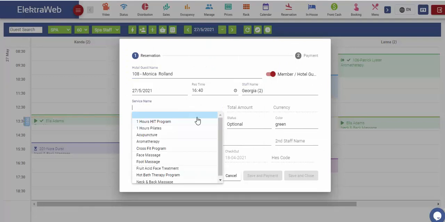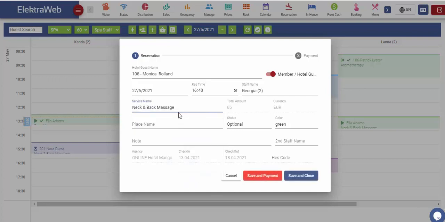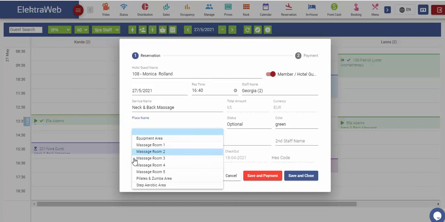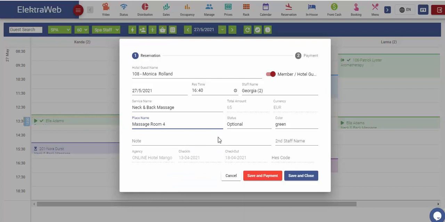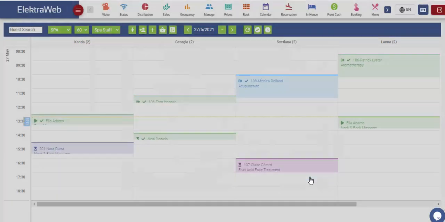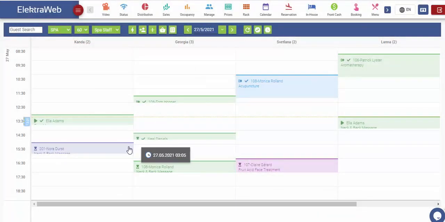In the next field, we should select the desired service from the list. If desired, we can also select the place or area where this service will be provided, for example, the specific massage room or fitness area. In case it is needed, a second responsible employee can also be selected from here, in addition to setting the specific color for this reservation entry. Finally, after entering an extra note if necessary, we can click on the Save button